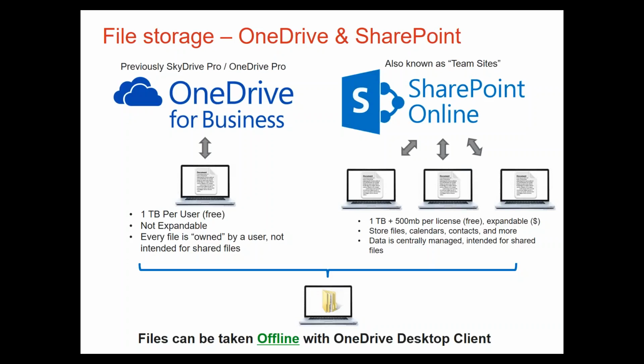So if you've got 100 users, it's a terabyte plus 100 times 500 meg. So what we recommend, things like policies, procedures, working shared documents, project sites, whatever it may be, lists, that would live in a SharePoint